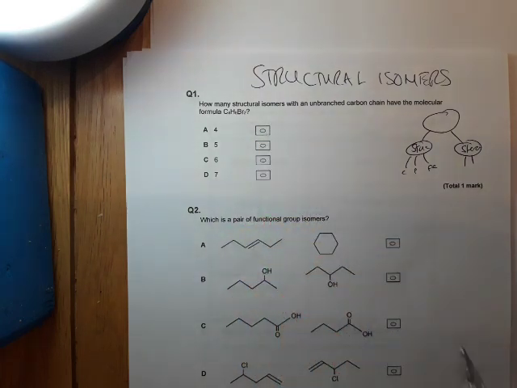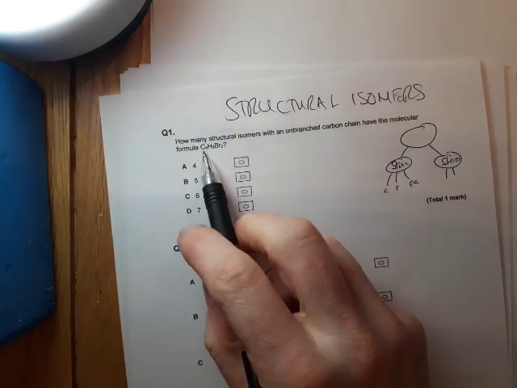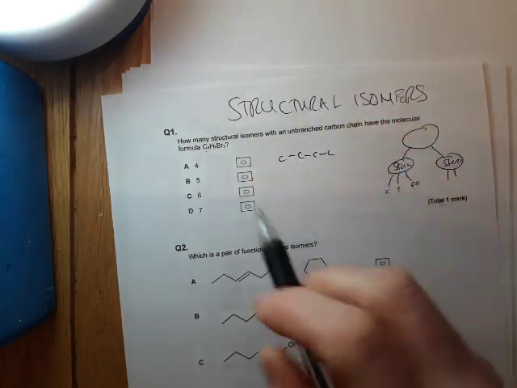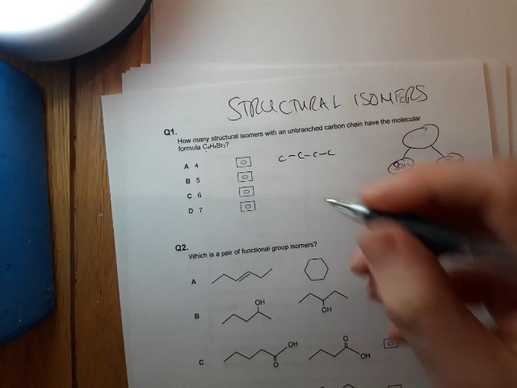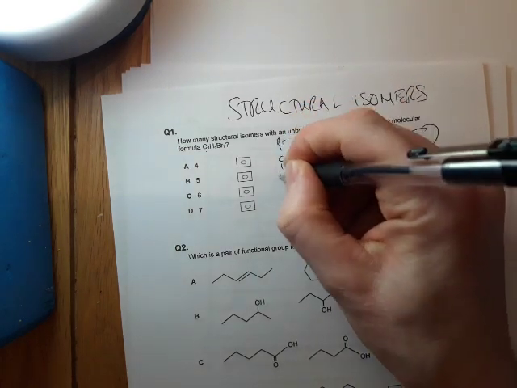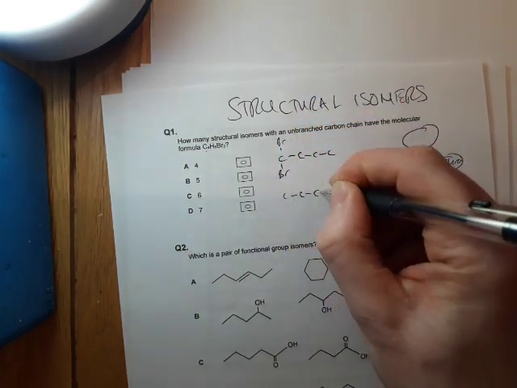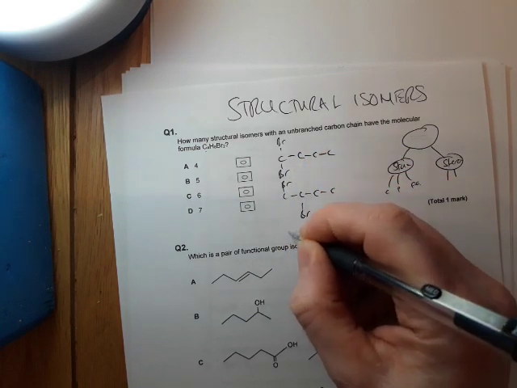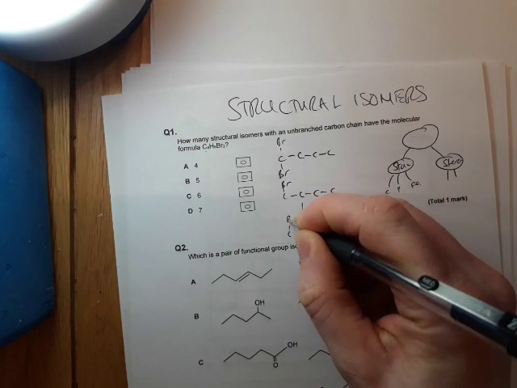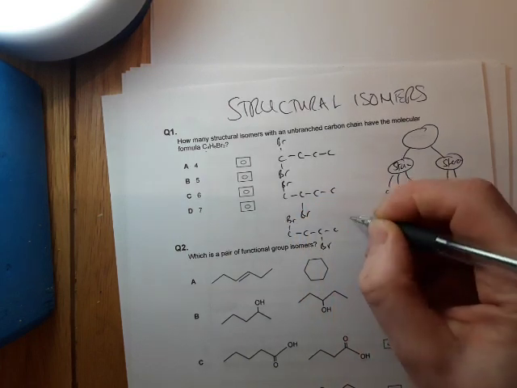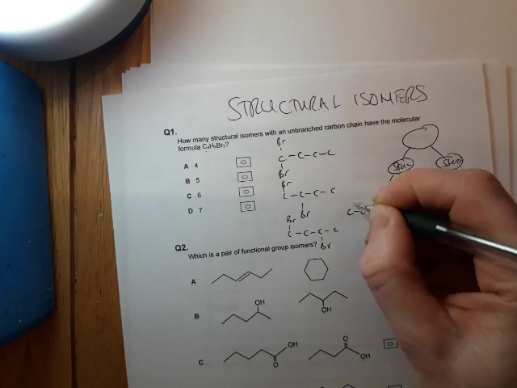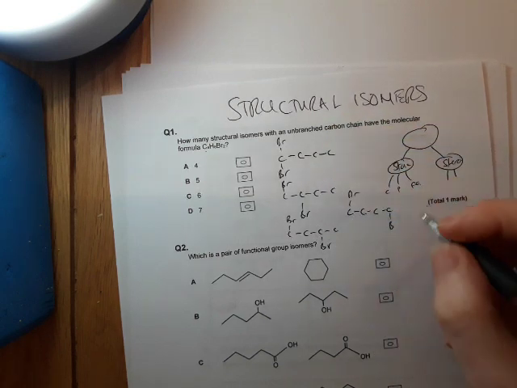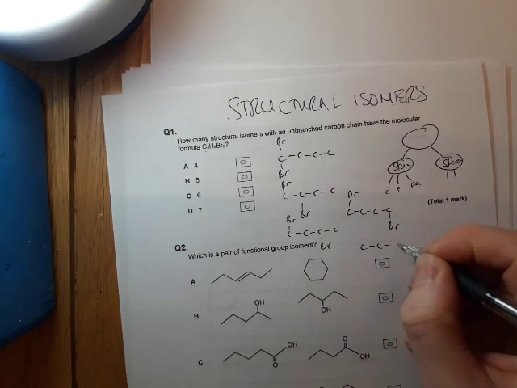How many structural isomers with an unbranched carbon chain have the molecular formula C4H8Br2? So unbranched means C, C, C, C. I've got to work out how many different versions of this you can have. Well, you can have Br there, 1, 2, 3, 4. Br here, Br there. You can have 1, 2, 3, 4. Br here, Br there. Br there, so that's 1, 2, 3, 4, and then you can have